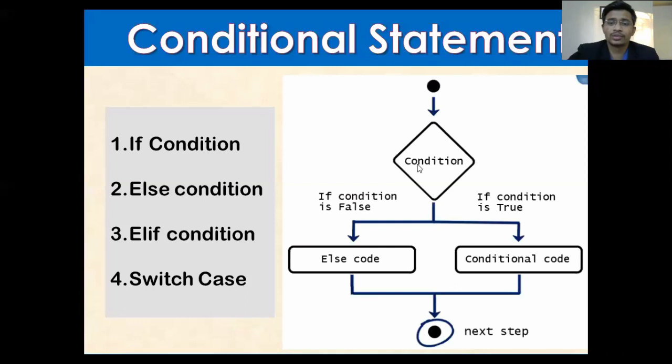So you might have learned this concept called pie chart and all. No, flow chart, sorry, not pie chart, flow chart. So this is what I wanted to show you, the flow chart. What the flowchart says is, if a condition is satisfied as true, then it will execute that conditional code. If that condition is false, then it will go to else, and then it will go towards the next statement.